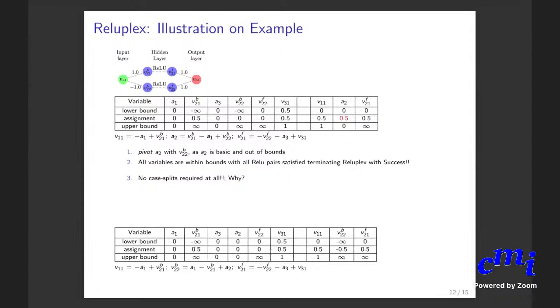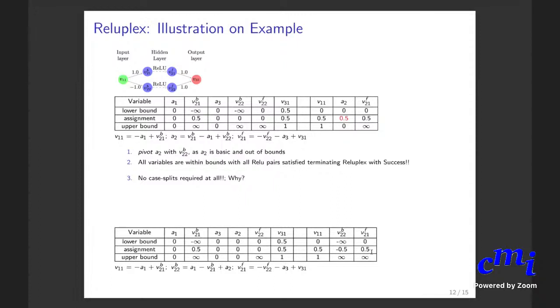And now there are no broken ReLU pairs because V22F is max of 0 and V22B, which is negative, so it is 0, and V21B is 0.5, so is V21F. And so you see, you were able to just do repeated LP calls